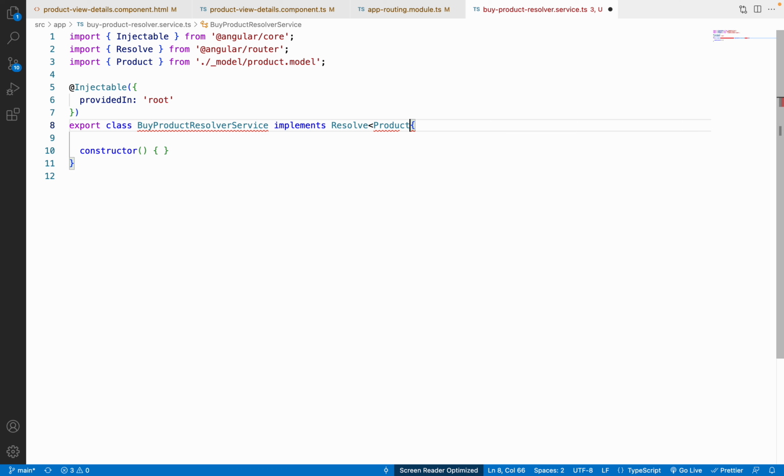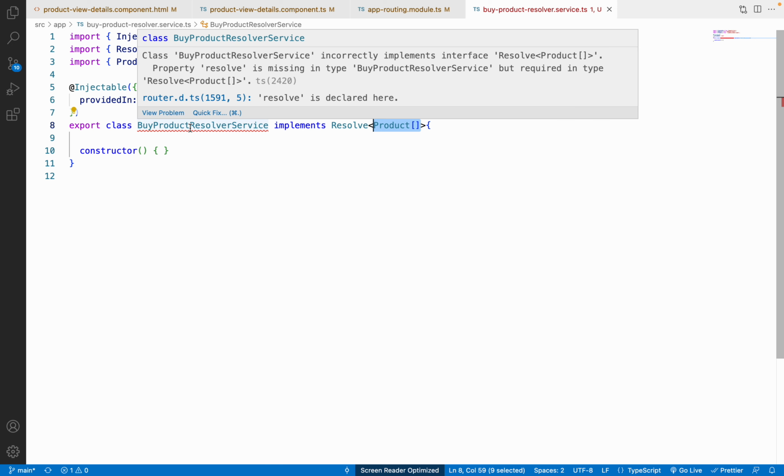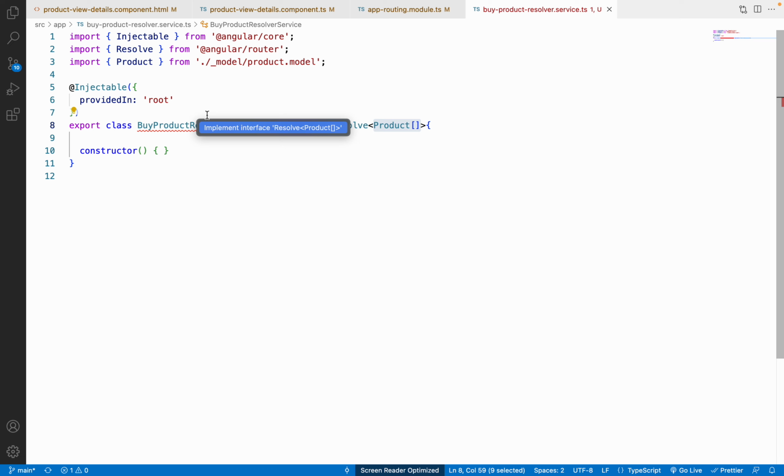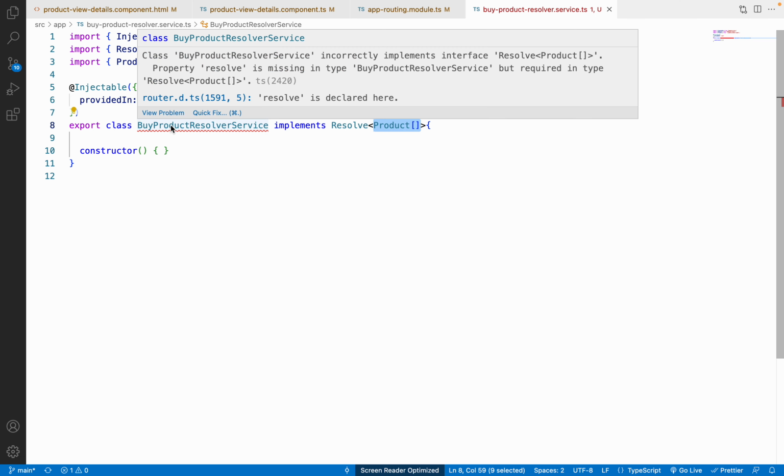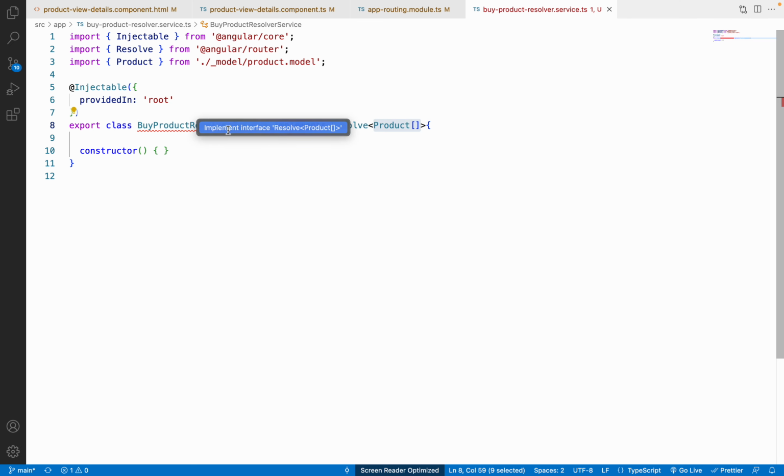So what we are going to resolve is, ultimately, the product list that we are going to get from the backend. So we have to give this over here, and then over here we are getting the error because we are not implementing the methods which are required. So let me just click on quick fix and implement the methods